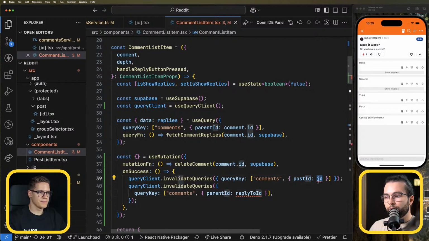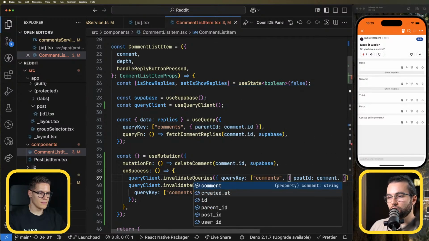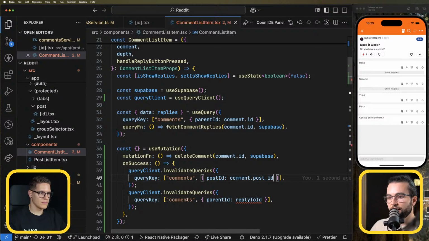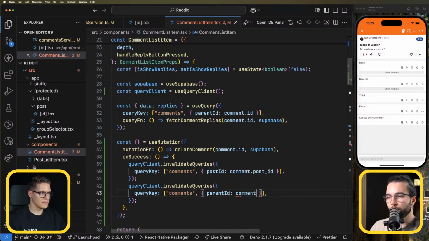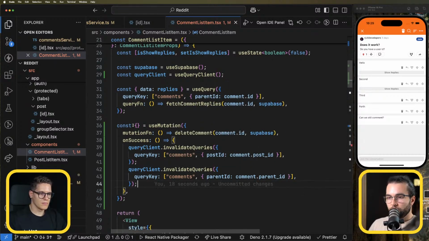And the post ID would be comment.postID, and the reply to would be the parent, comment.parentID. And this one can be undefined, but it's fine. It's not going to be wrong if we call this on a root level comment, because it's simply not going to invalidate anything, but it's not going to throw an error. So now we just need to take the mutation and call it